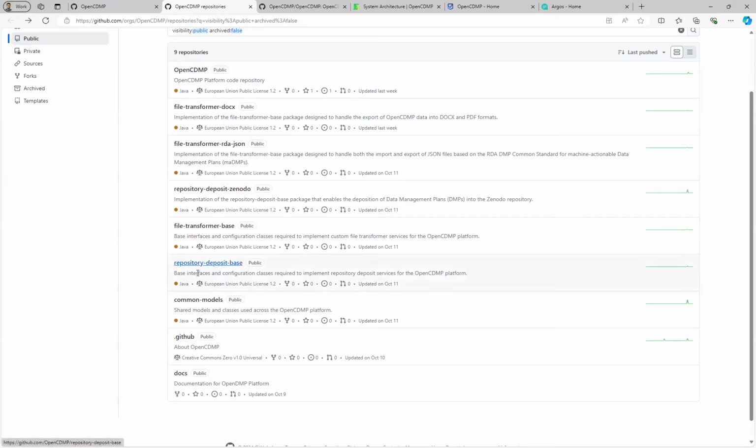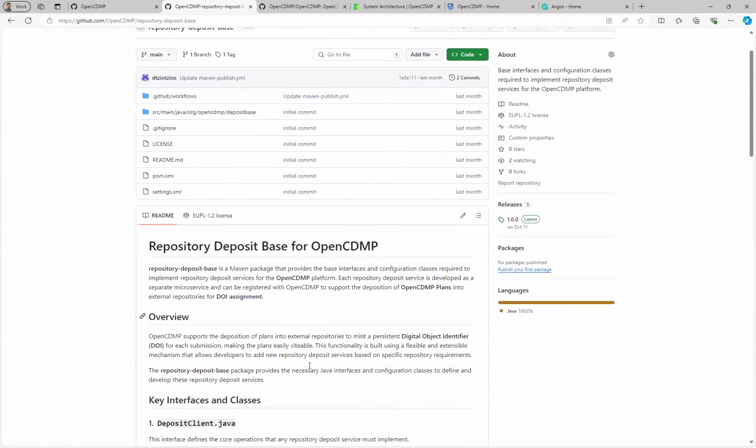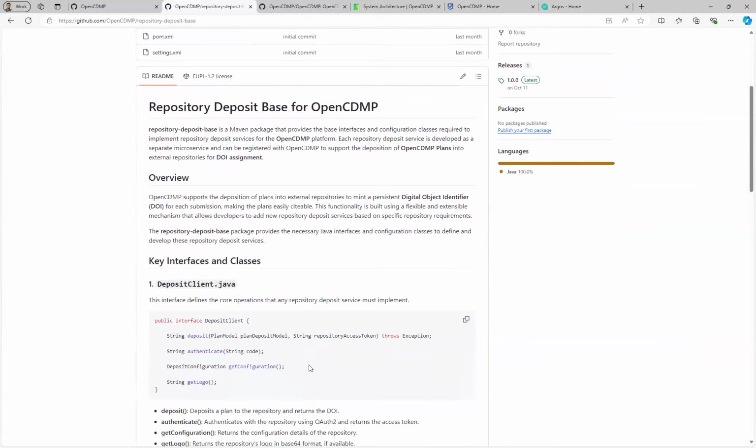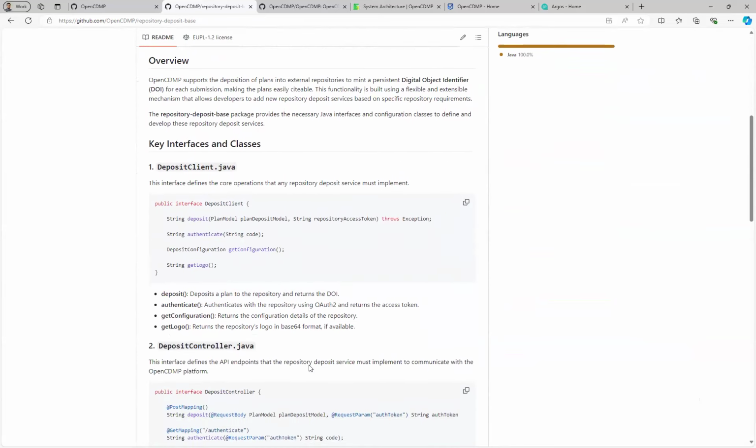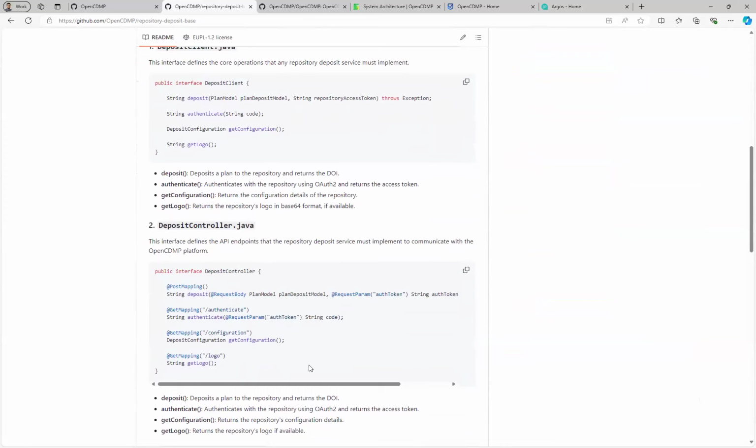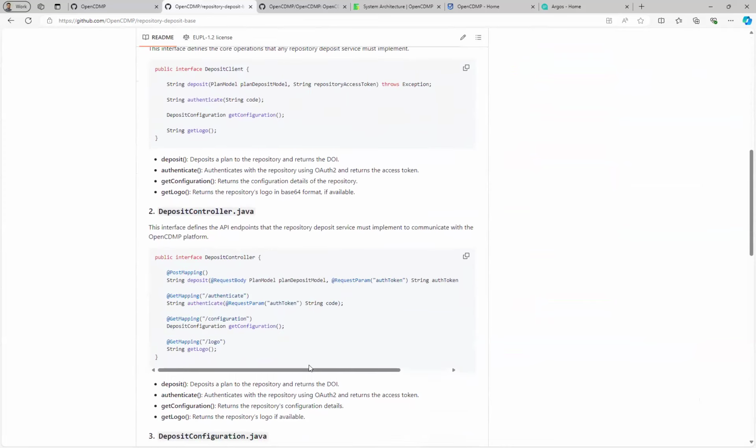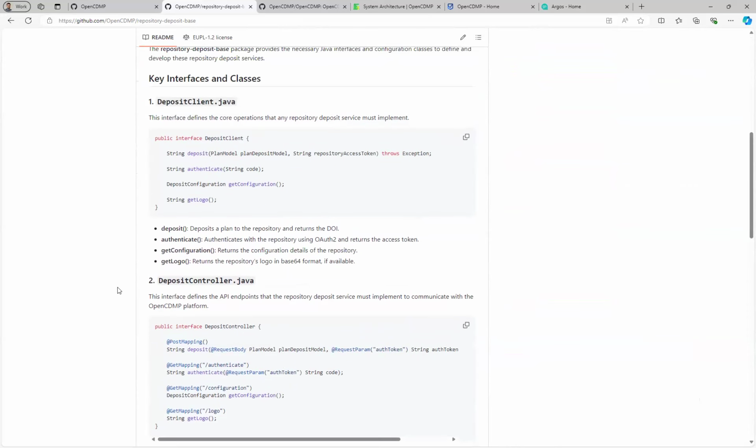The repository for this library is this one, the deposit base repository, and this package is published to the Maven Central repository. For everyone of you that is familiar with Java development, I guess you've used Maven, so it's a package that you can include in your project.